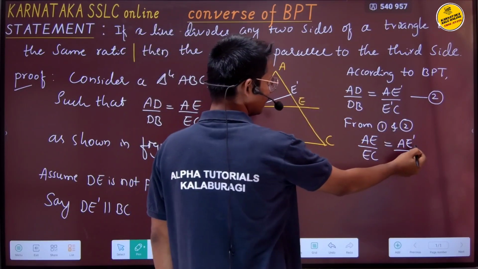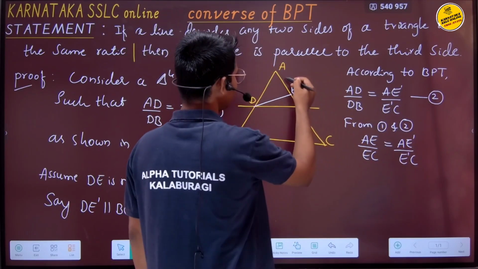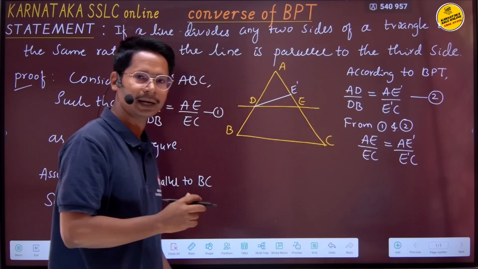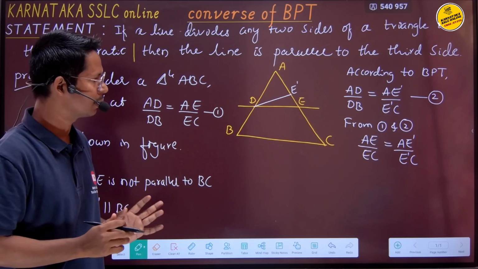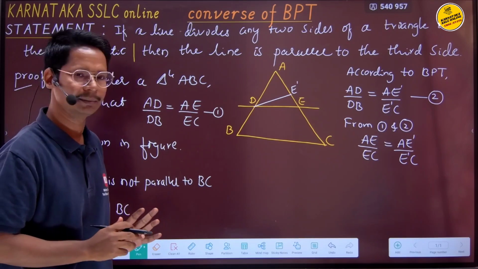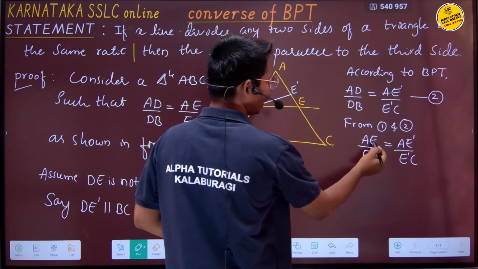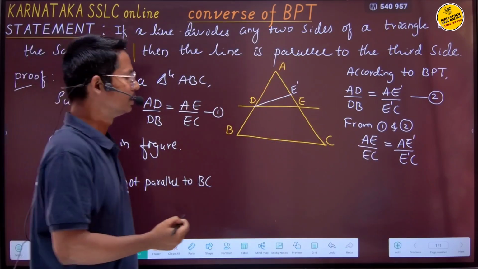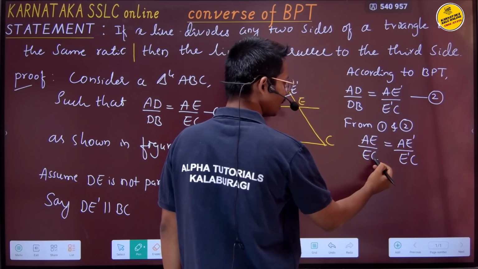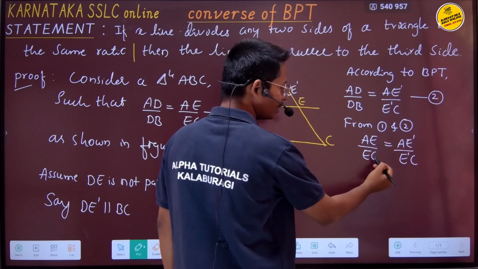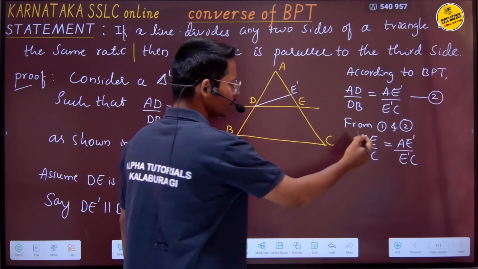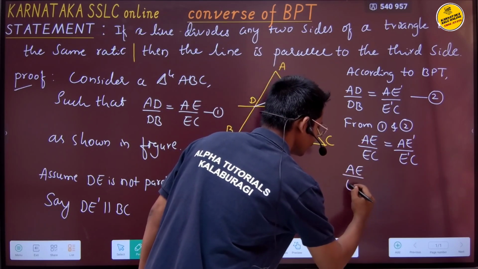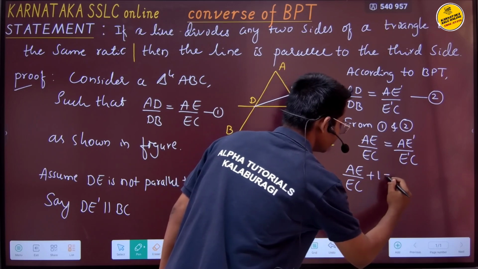Similarly to this side, if I add AE dash plus E dash C, I will again get AC. So AC and AC, you can cancel them, isn't it? In order to add the numerator and denominator terms, you always have to add plus 1. When you add plus 1, the denominator term is added to the numerator. Adding on both sides, I can write AE by EC plus 1 is equal to,